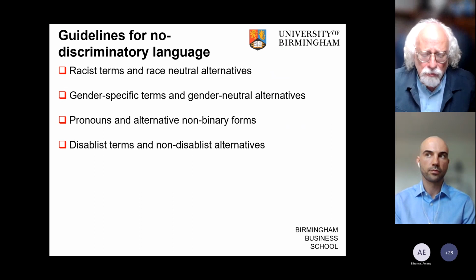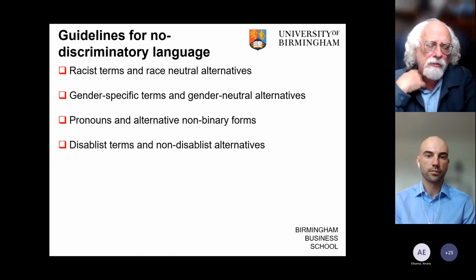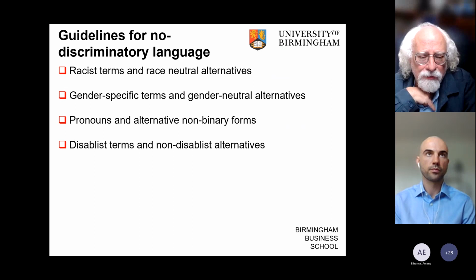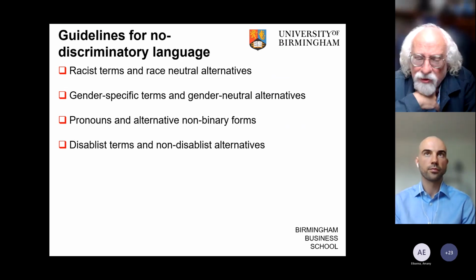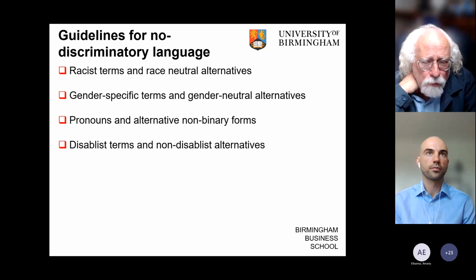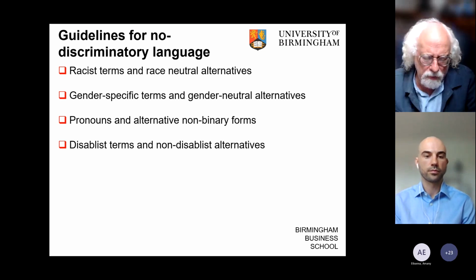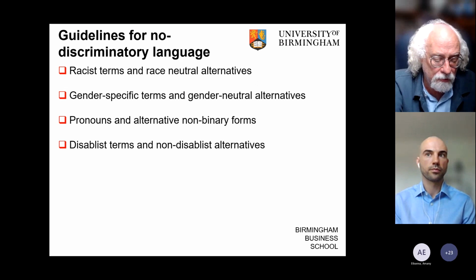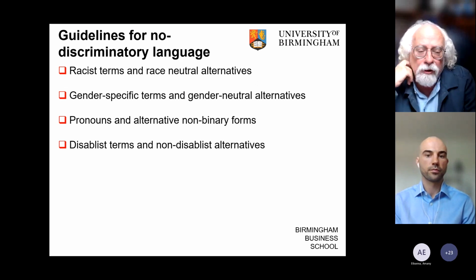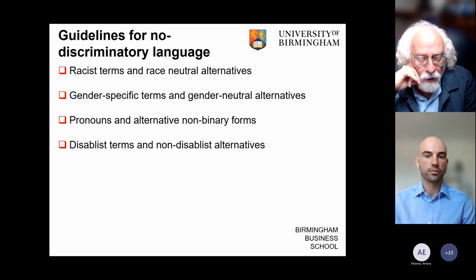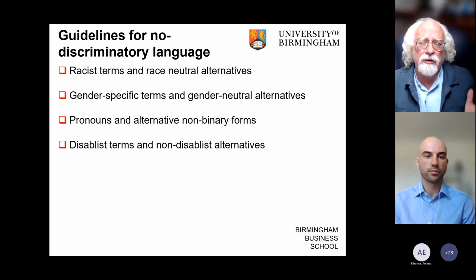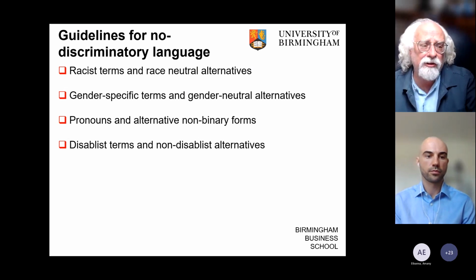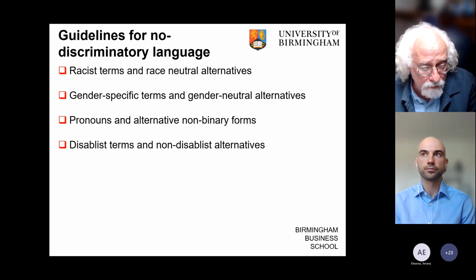And these things are really crucial. We talk about not using gender specific terms, so businessman rather than business person. We shouldn't be using businessman, obviously. We've also gone through and worked with organisations, with groups, to ensure we've got the pronouns and alternative non-binary forms. So the obvious ones are she and he as binary pronouns, and non-binary things like they. But we've gone into the more detailed ones. So we've got cis, etc., and how they can be used.